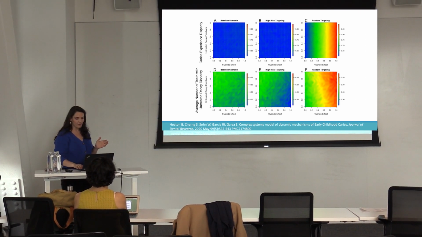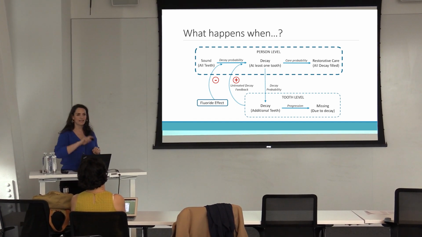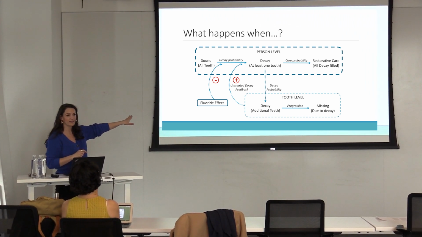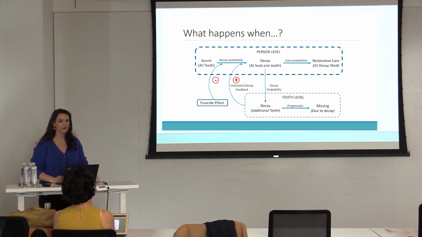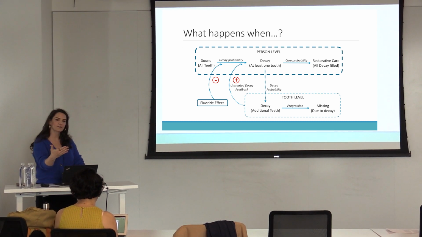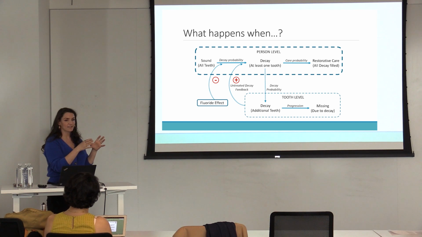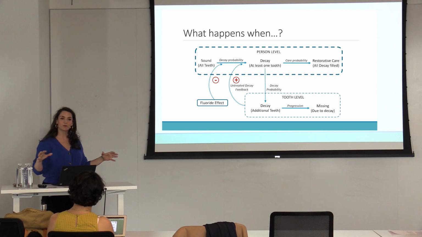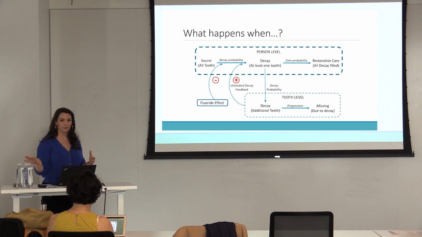And if you recall the model, we have this untreated decay feedback. So once kids are getting into this untreated decay feedback, the strength of that feedback is too strong to be overcome by the efficacy of fluoride. So what happens when you introduce it into the population is you end up not having an impact on kids who are already in this caries process, but you're keeping those who are already healthy even healthier. Right? The chance that they end up moving on to getting cavities is reduced as well.